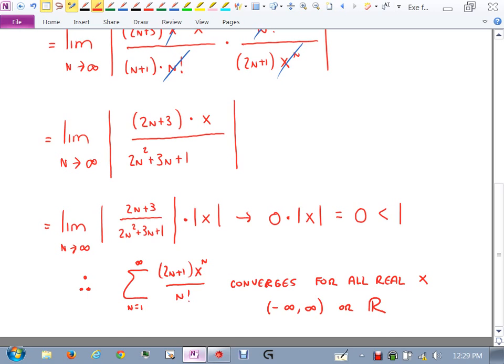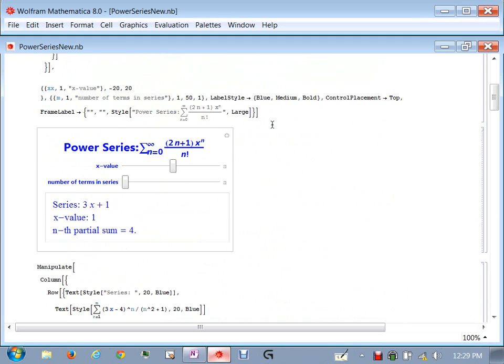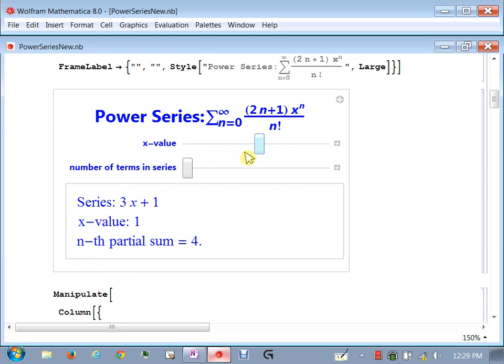So here's what we're getting at. If I replace x with a number right now, I promise you this series is going to converge. And it doesn't matter what number I pick, all right? So to illustrate that, I have this. Here's the actual series. What I've done is I've written a program